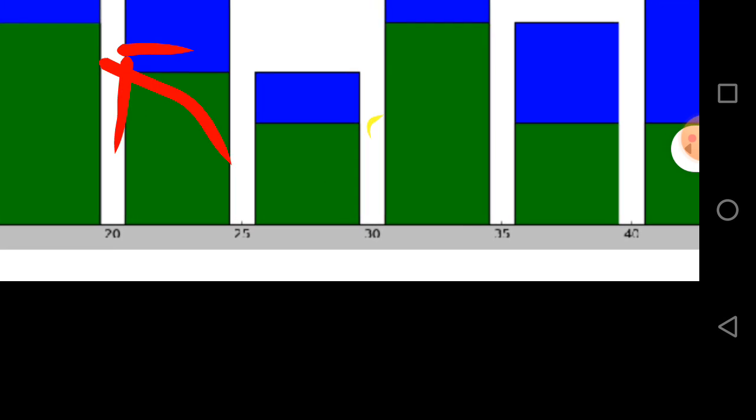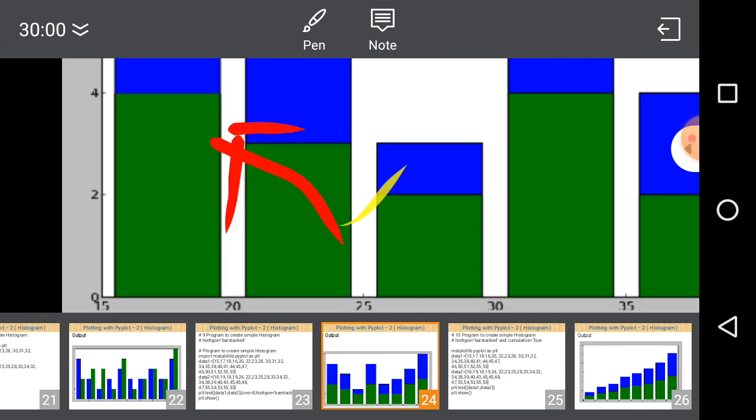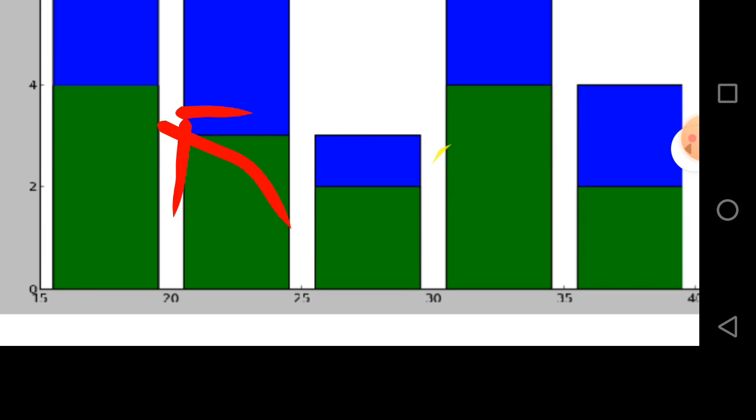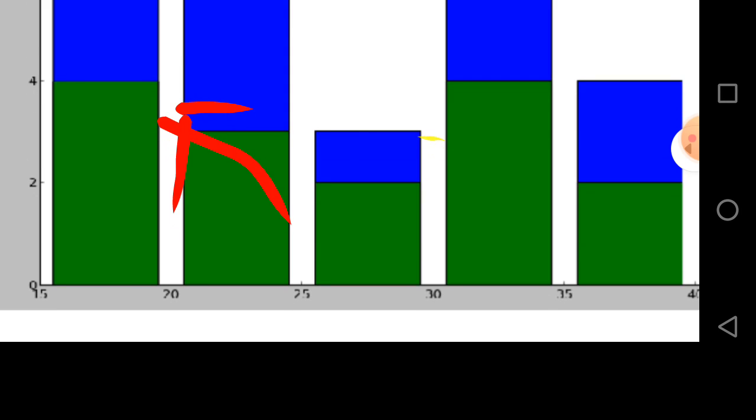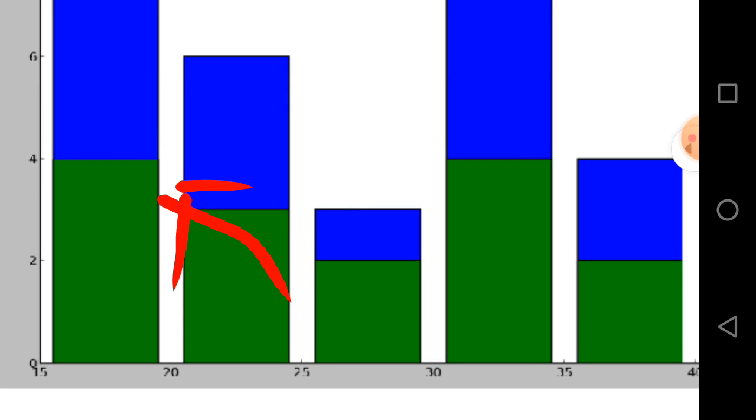For the second it is 20 to 25, then 25 to 30. So how many values lie between this range? That is represented by green color for data set 1 and blue color for data set 2, respectively.